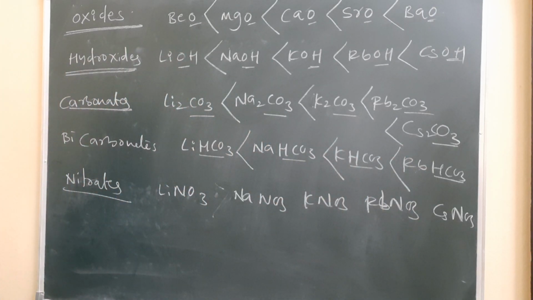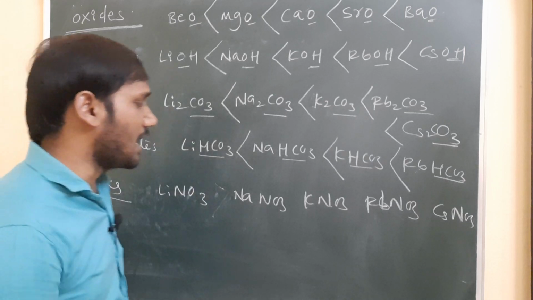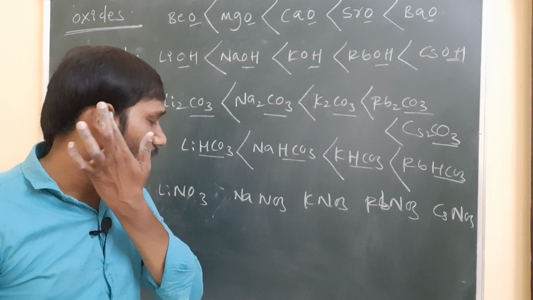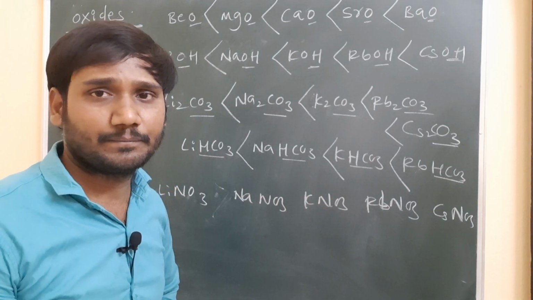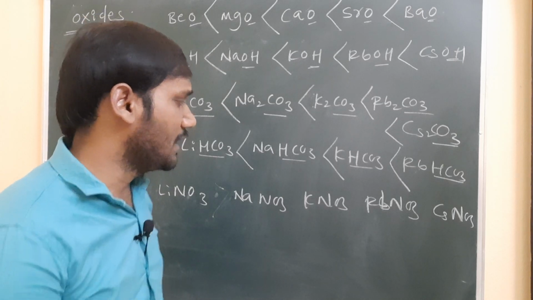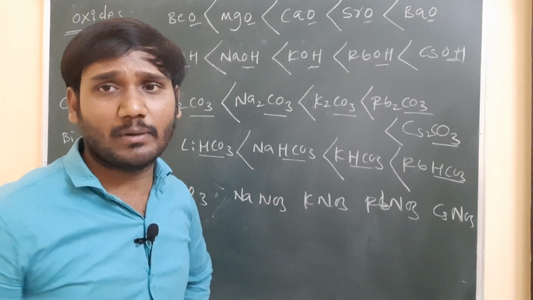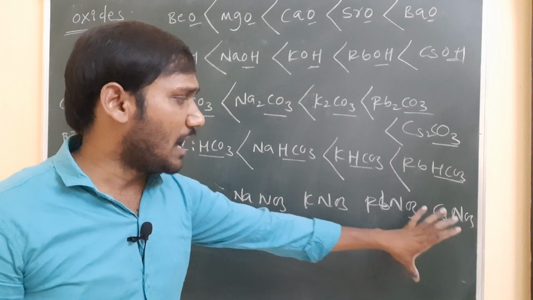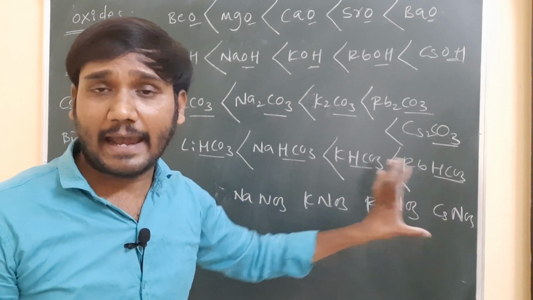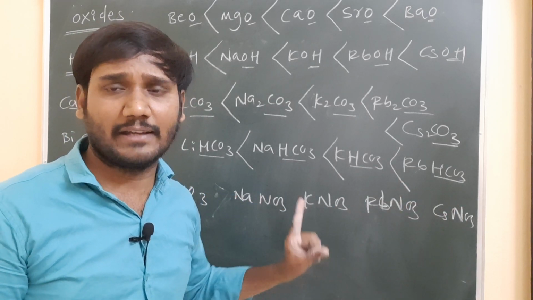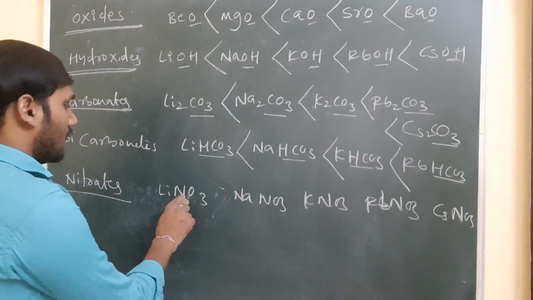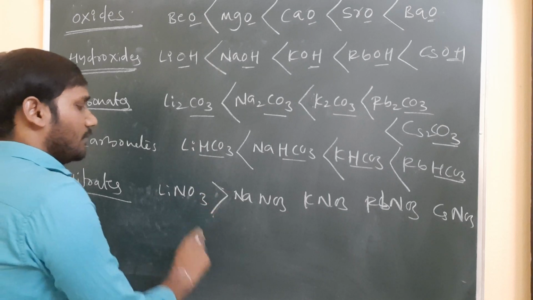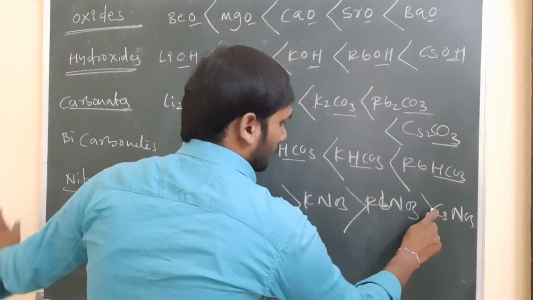Next, come to nitrate, lithium nitrate. Nitrate is what? A large ion. When a large ion is present, common ion if it is large, solubility is inversely proportional to size. Otherwise, if size is small, solubility will be more. Once again, common ion if it is large, at that time solubility is inversely proportional to size. So now size is what? Small, lithium. Then here the solubility is more.